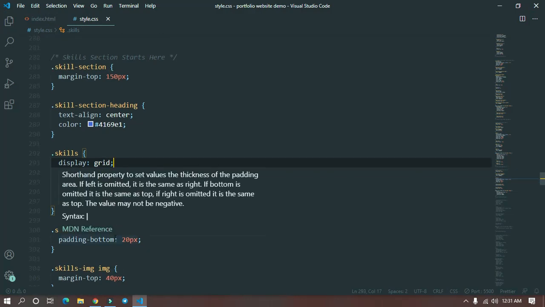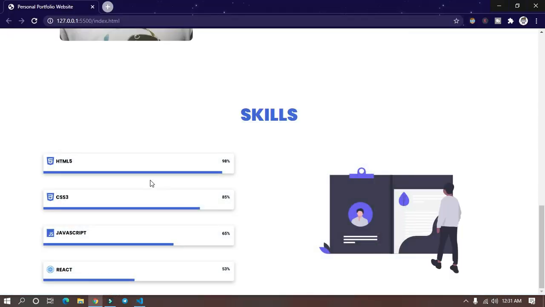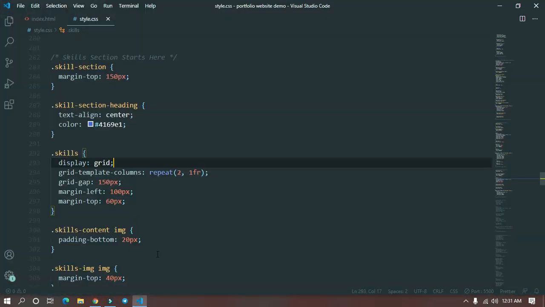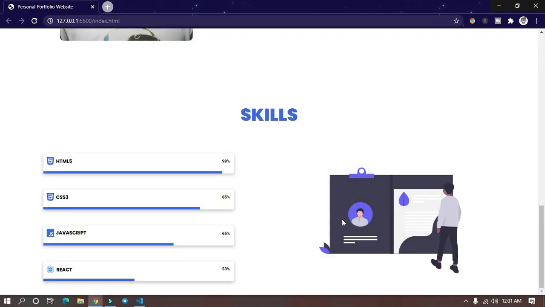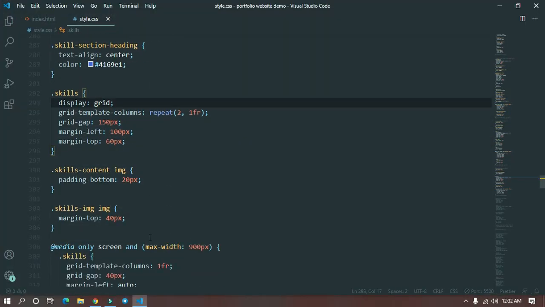For the skills content image, padding bottom is 20 pixels. We have applied padding bottom of 20 pixels to each image. For the skills image, margin top is 40 pixels, so that the illustration image is centered.